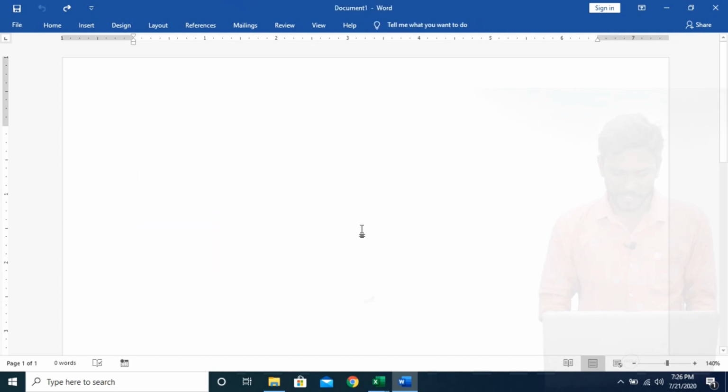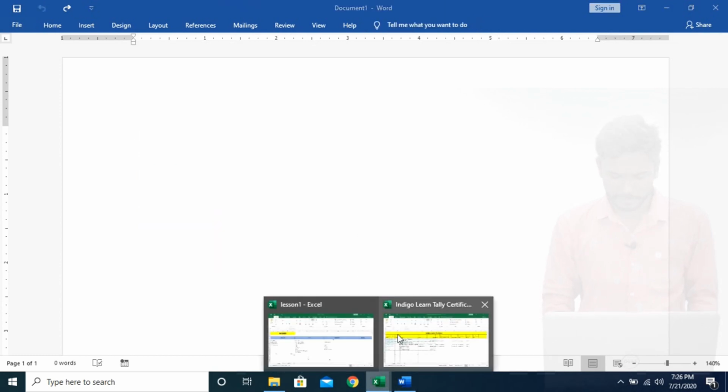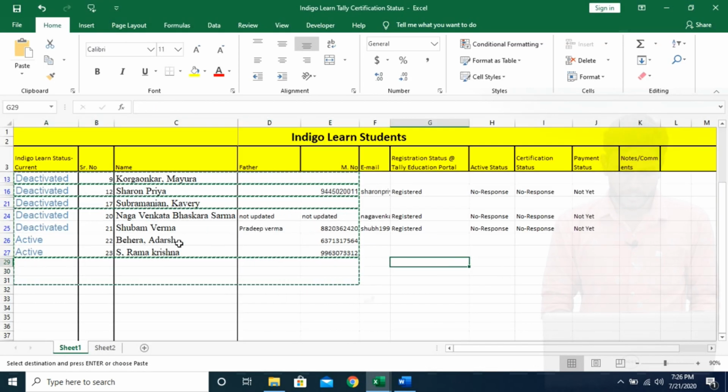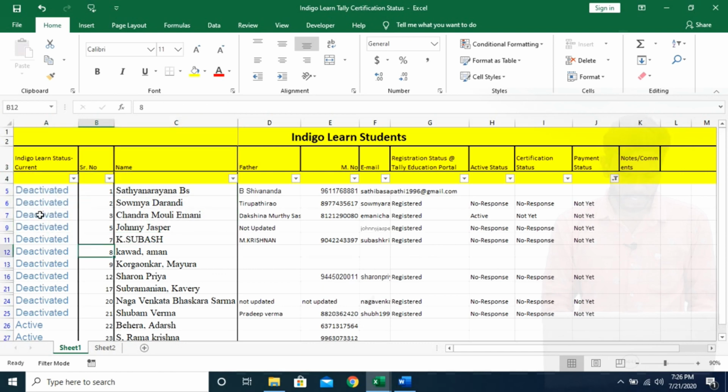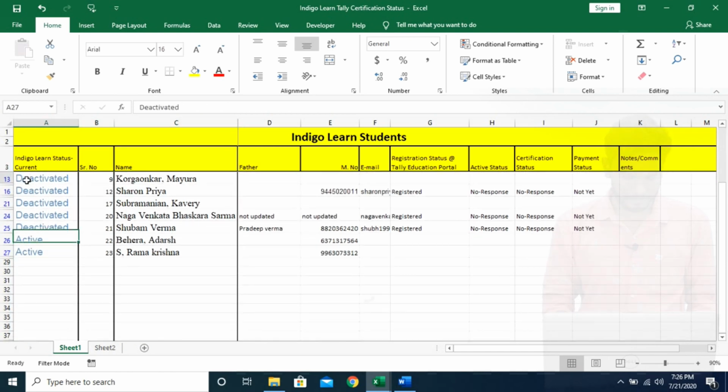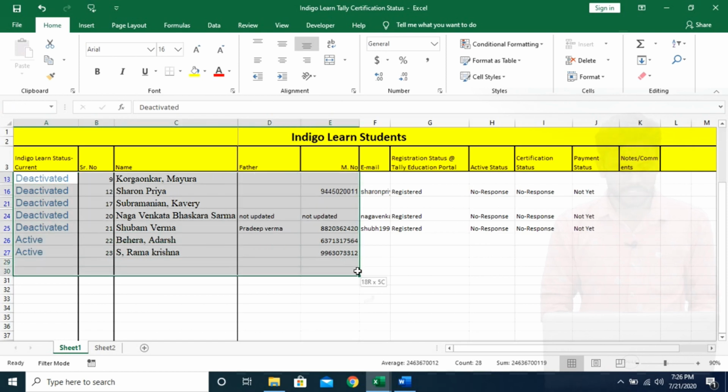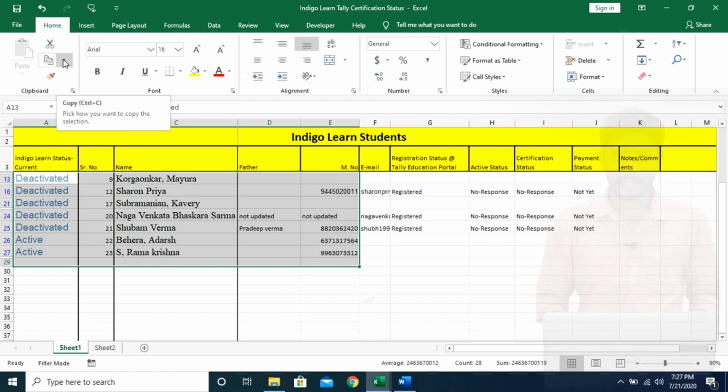I'm going to undo it, right? So here, first select the range, whatever you would like to copy. Once the range is selected, you do not press Ctrl+C as a normal copy. Go to the clipboard group, and there click on the copy dropdown. You do not use normal copy, simply click on copy as picture.